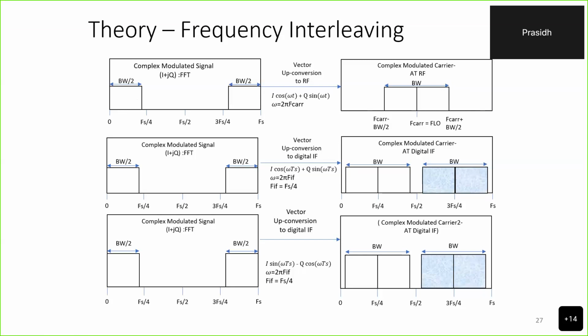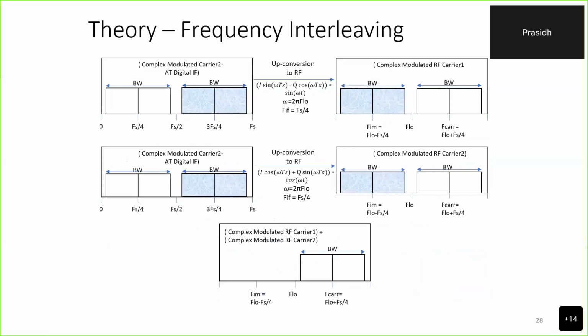Now, instead of doing this directly at baseband, consider upconverting the signal digitally to FS over 4. In such a scenario, one has the entire bandwidth in each of the Nyquist zones, but one of them is centered at FS over 4, and the other one is centered at 3FS over 4. These two are essentially images of one another. Now, what if we